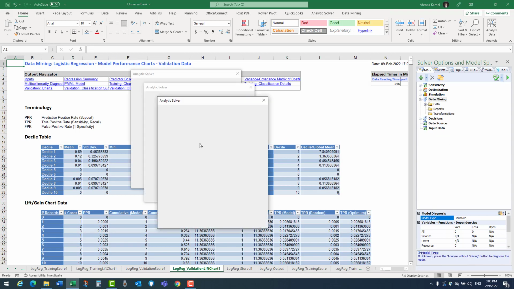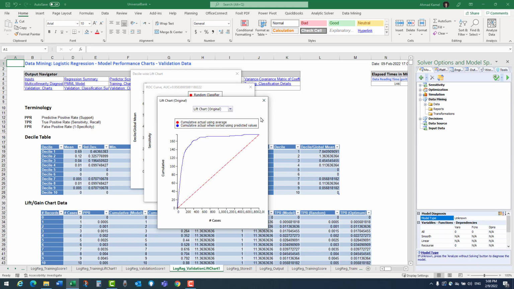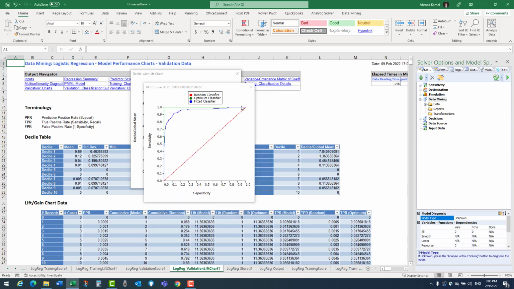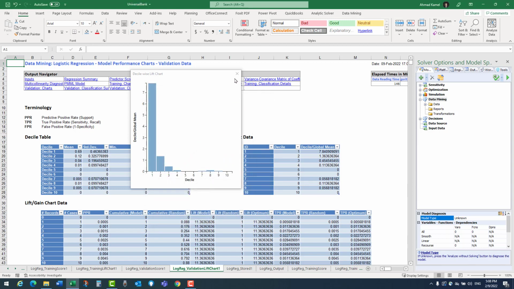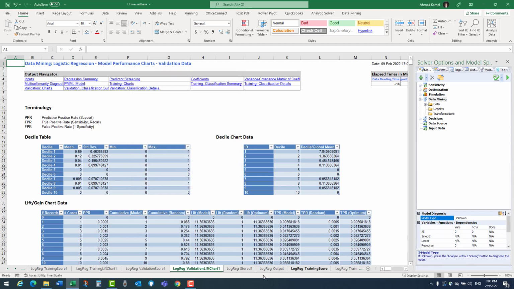Now let's see the validation chart. In this case, you see the cases here. You see that if you select the cumulative as per the model, you will get more efficiency here as long as it is bigger here. Okay, so I will see this one. So we see now here the number of cases on this side, and we see the focus for these cases here. Okay, so I think I covered the example in the textbook,